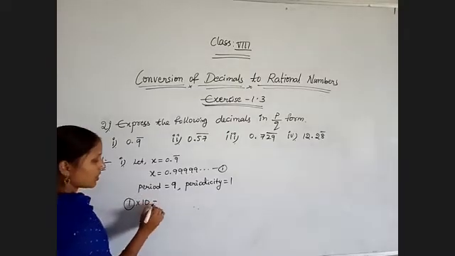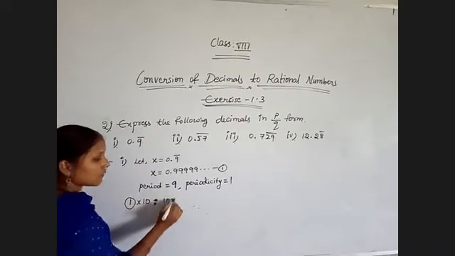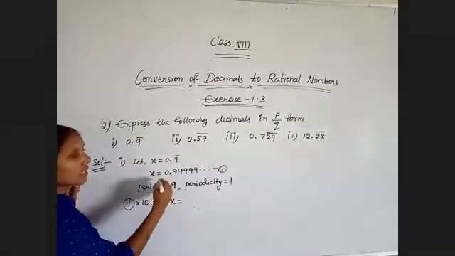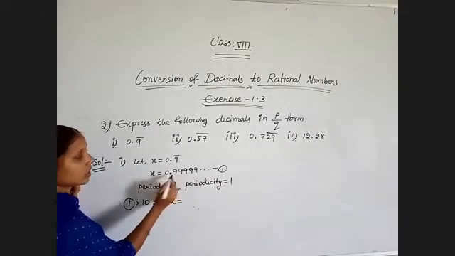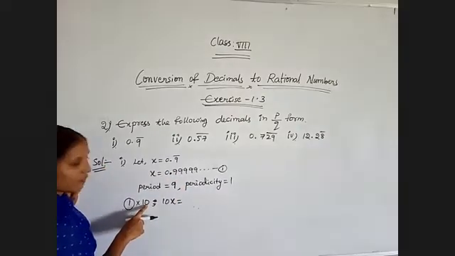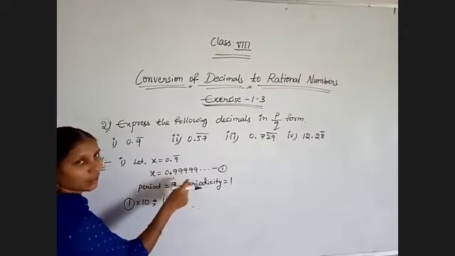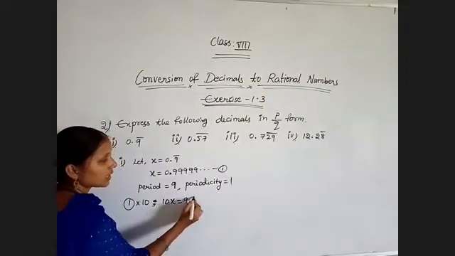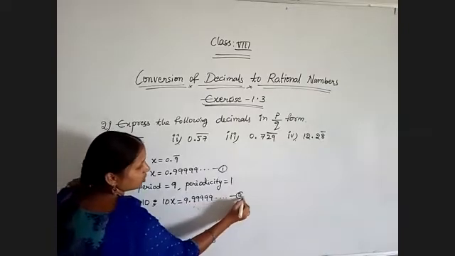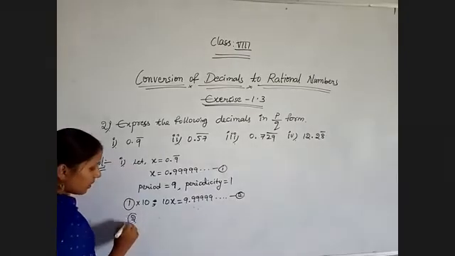Now coming to this one. 1 into 10. So 10 into x is 10x on the left side. Whenever we multiply with 10 or 100, the point will move to the right by that many zeros. Here we are multiplying with 10, which has 1 zero, so the point will move 1 digit forward, to the right side. So 9.99999 is equation 2.